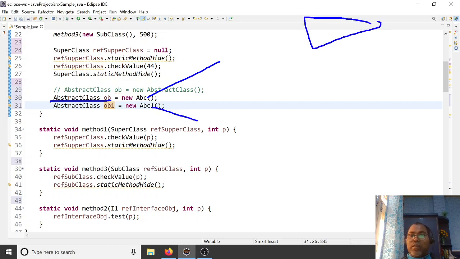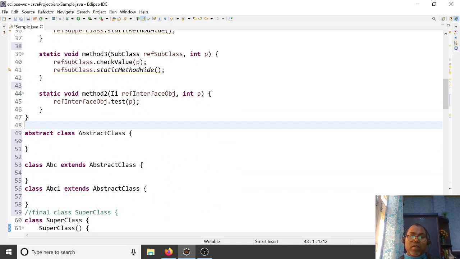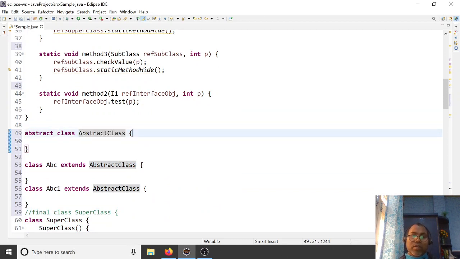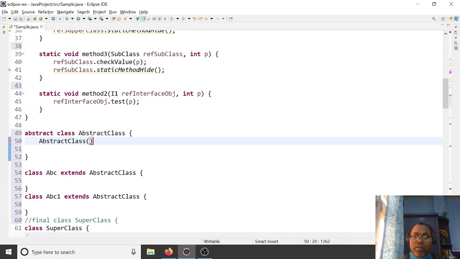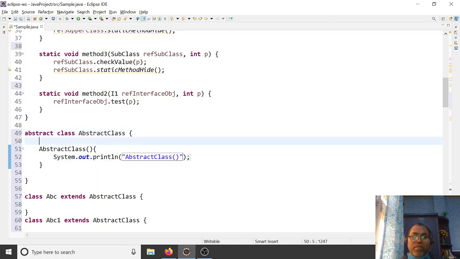So an abstract class can be extended by multiple subclasses. And inside the class you can define your constructor. Here you can define an abstract class constructor. You can define a constructor, you can define a variable, you can define a method.